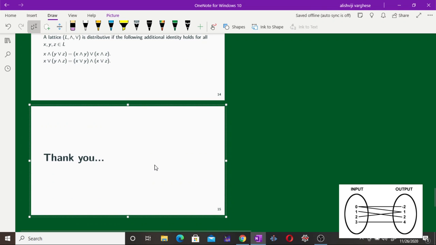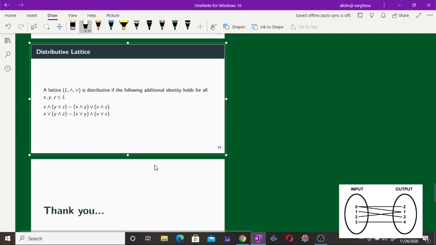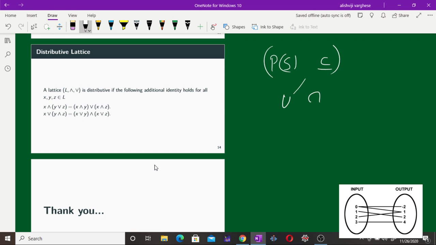Now for distributive lattice, simply this power set of S together with subset of relation is a distributive lattice because we know that the union and intersection are distributive over each other. So it's a distributive lattice. So in terms of abstract definition, it can be written as P of S with union and intersection is a distributive lattice. Then I think that's enough